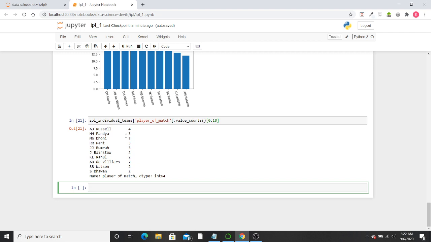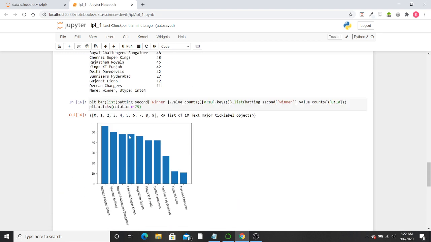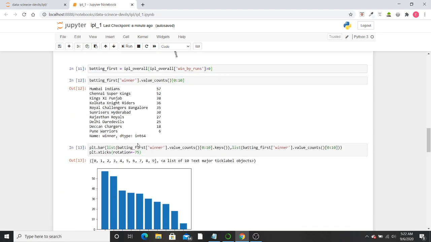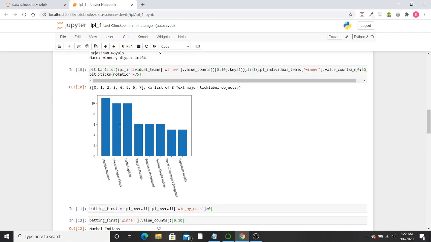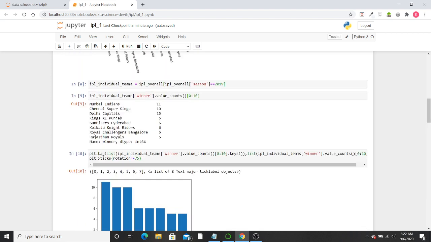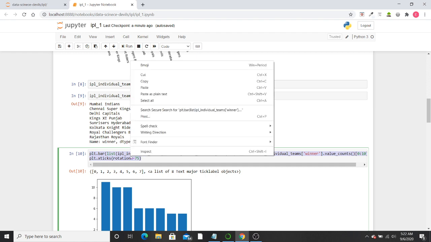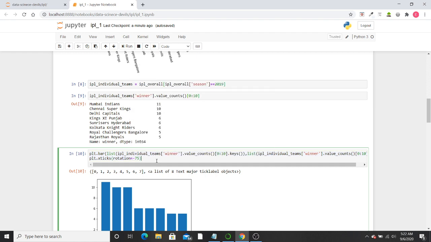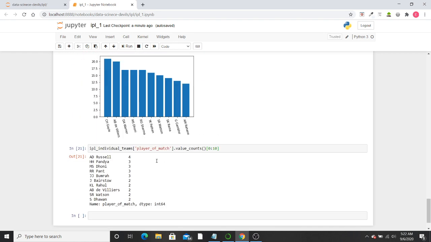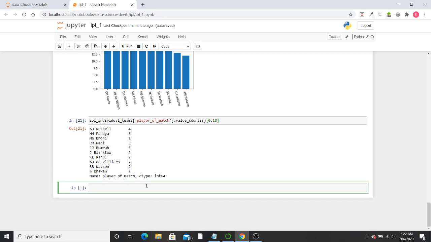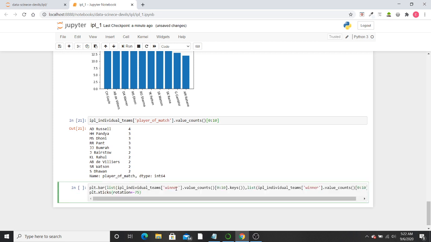Now we need to visualize this. So for visualizing, I'll copy this individual teams, copy, paste.